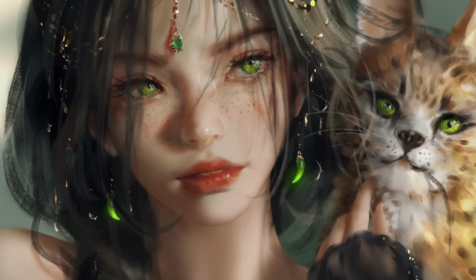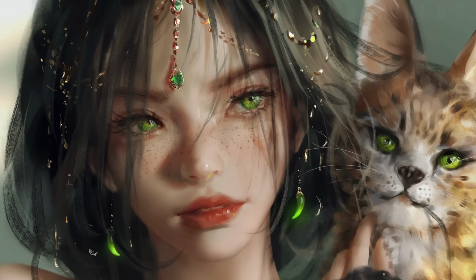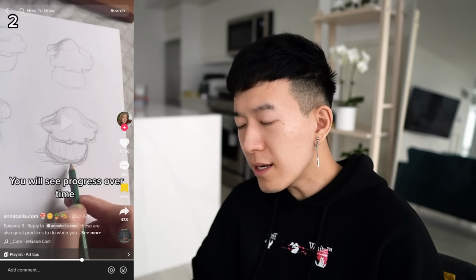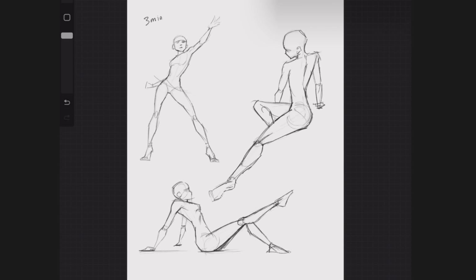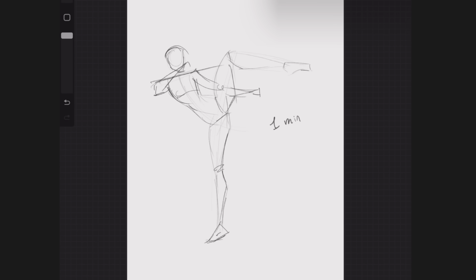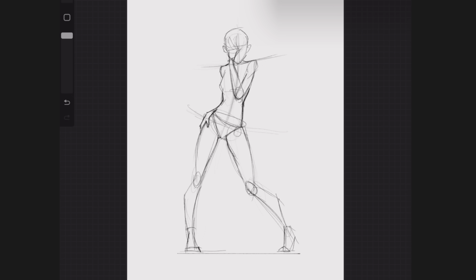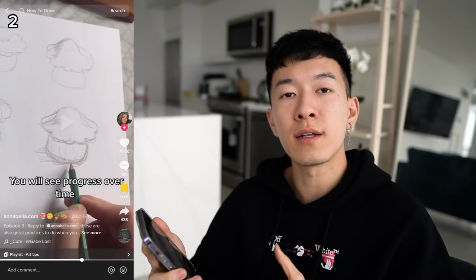Take a look at your favorite artists and your favorite pieces from your favorite artists. They were not able to create that subject out of thin air. Instead, they had tens of thousands of repeated practice of that same object or person or environment, whatever it is that they're drawing. In order to achieve that level of mastery, that level of effortlessness, you have to put in a lot of